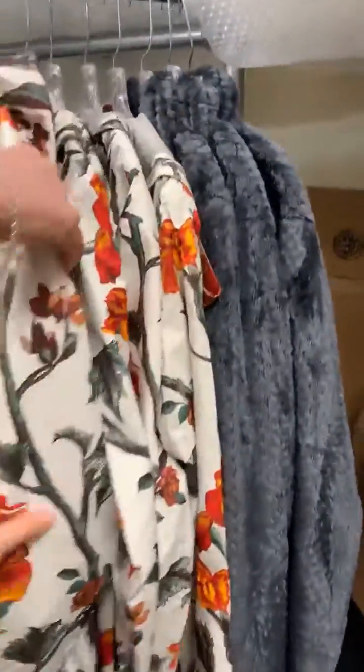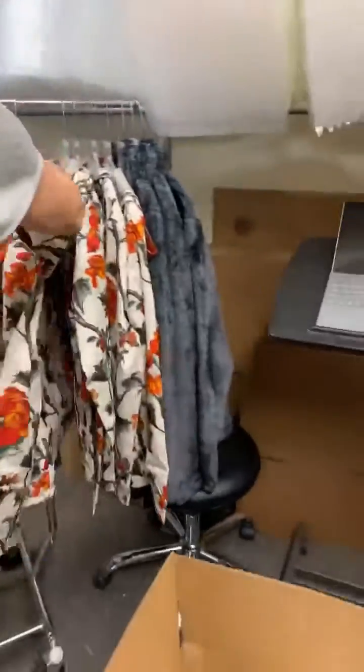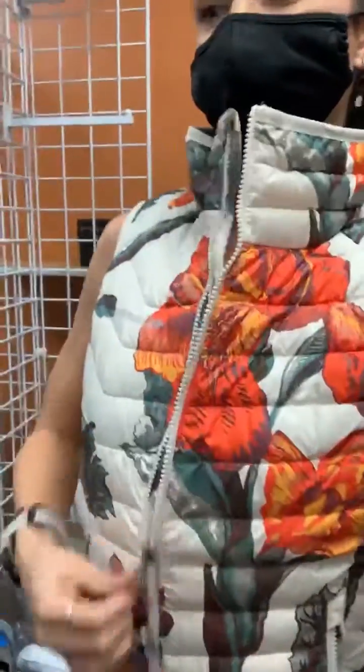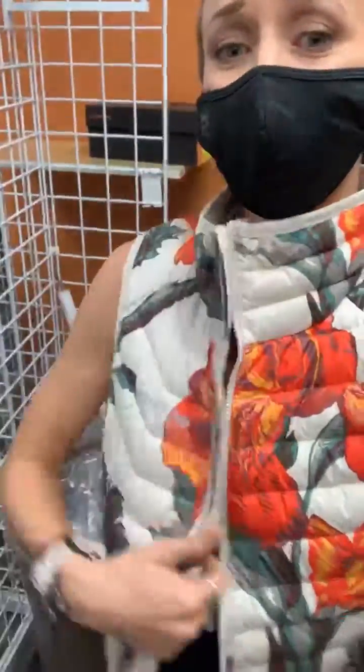I was just unboxing all this cool Columbia stuff and pulling it out and hanging it and having so much fun. And so I had to put on the vest because I really like it. And Karen's back here scoping out the jacket. Look at it, it's all this lining and warmth and comfort. I know it looks silly with my tank top on because it's really warm outside, but this vest is...